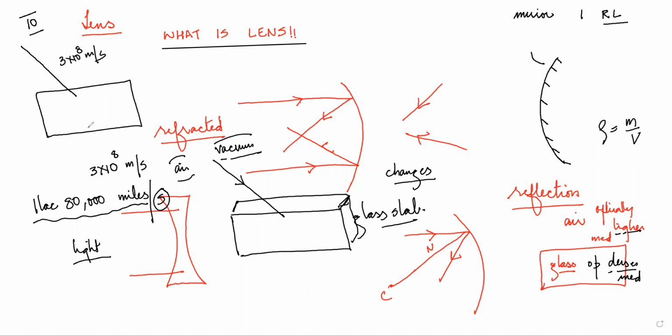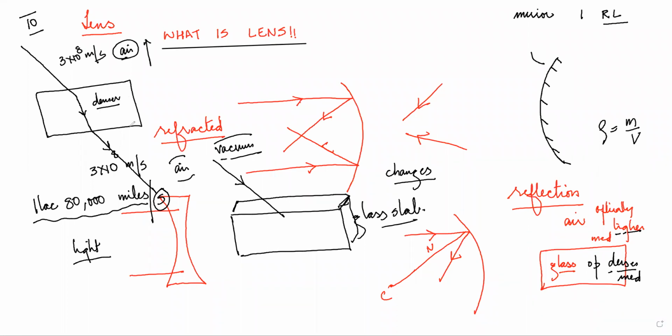When it enters the glass, it changes its direction. Let's say it comes in this direction and finally it again goes in this direction. Now, how do we define optically lighter medium? Optically lighter medium is the medium, in this case it is air, where the speed of light is more. And optically denser medium, in this case it is glass, is simply the medium where the speed of light is,